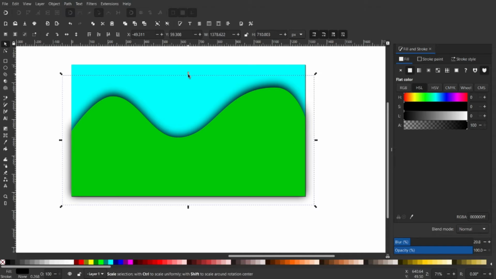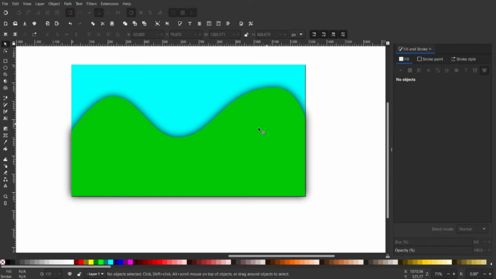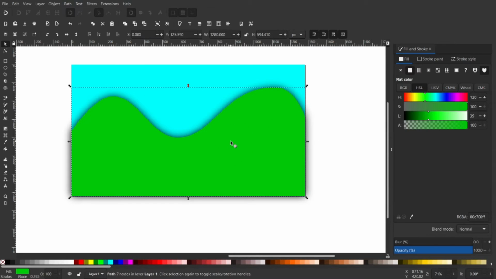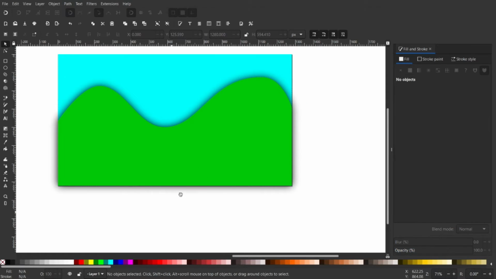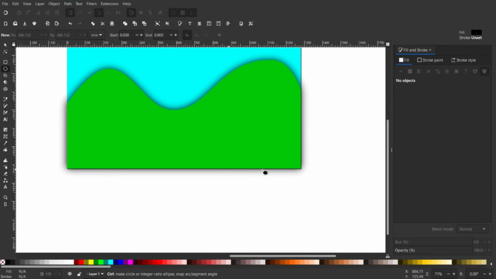You can just make it smaller to increase or decrease the depth. Okay, I am just duplicating it another time, or you can just create another ellipse. You can just press Ctrl Shift F, or you can just